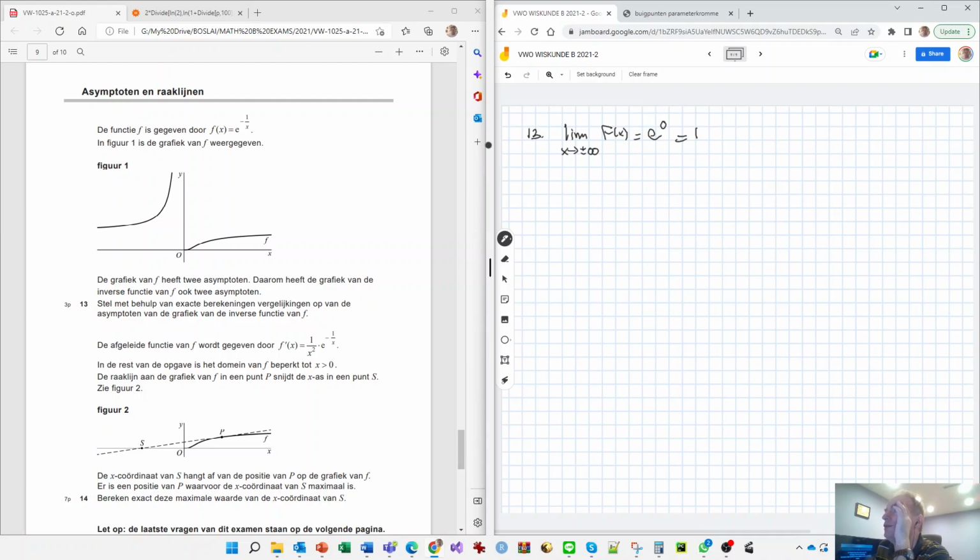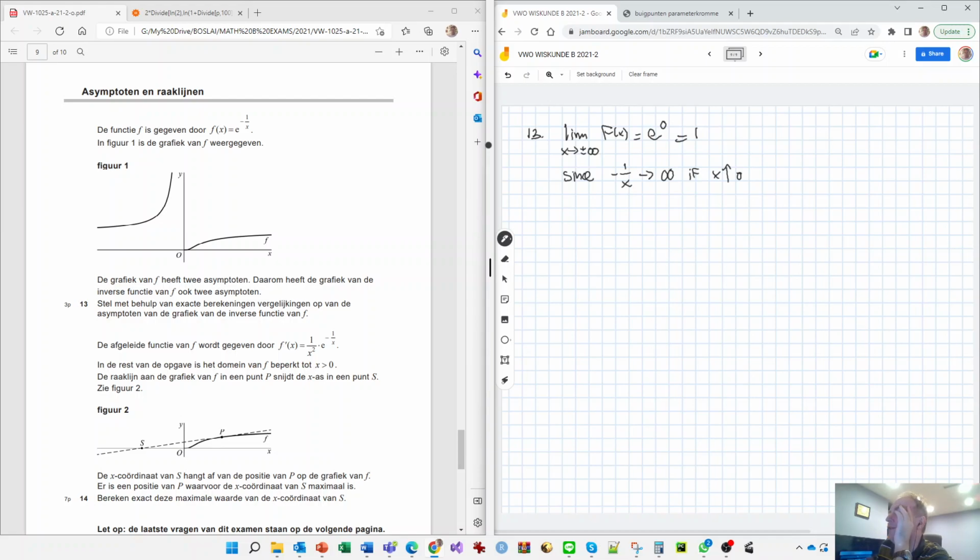And since minus 1 over x goes to infinity if x approaches 0 from the lower side,